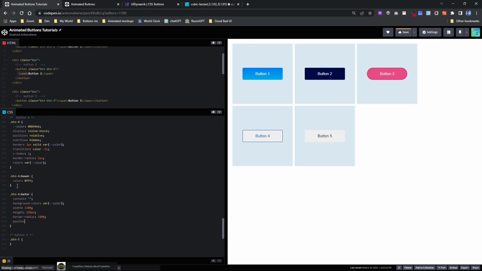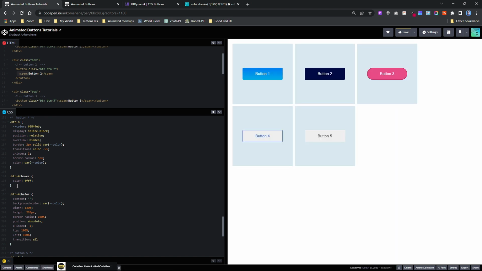I'm going to now add a position absolute, and then the z index, as I have down there, is going to be -1, just to be behind. Top is going to be 100%, and the left as well 100%, and then I'll at the end of the day add my transition